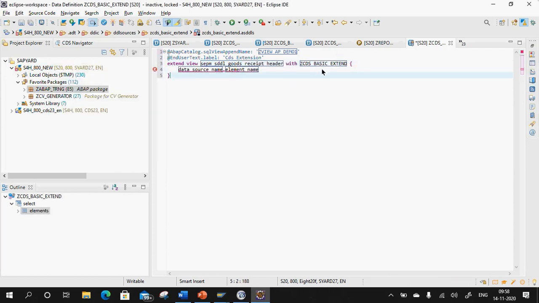This is the extension view name which you gave, and now I have to specify the data source name dot element name.